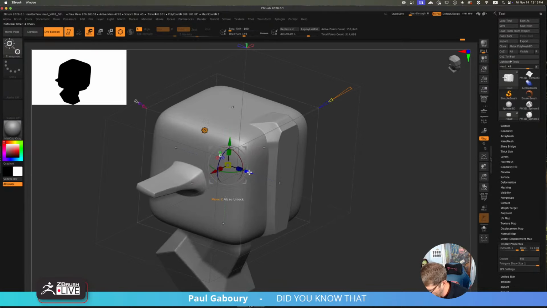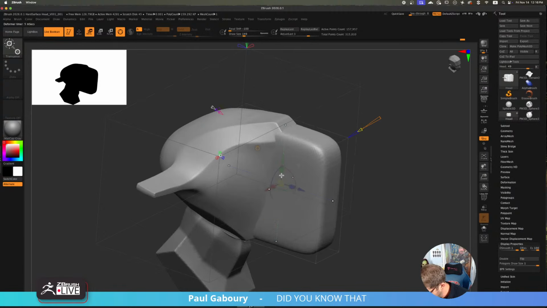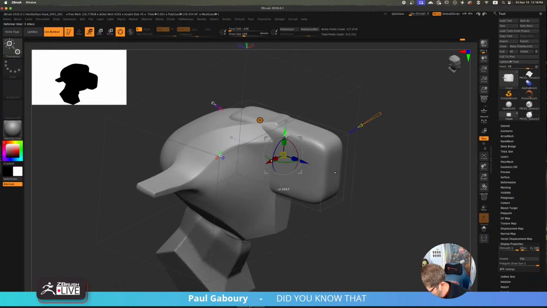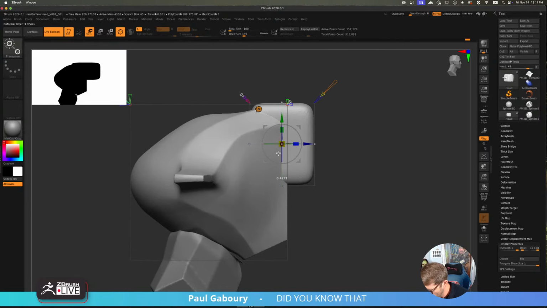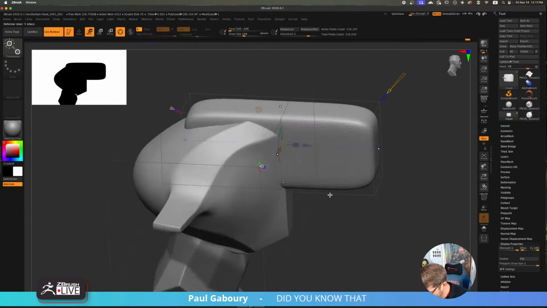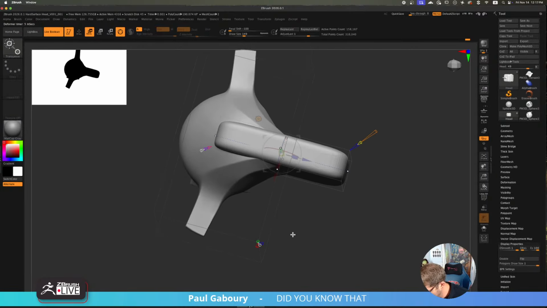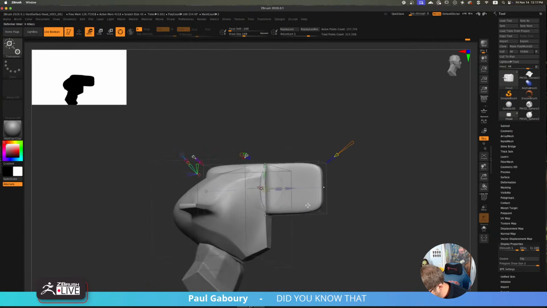As I try to figure out what the heck am I making for this guy. Now it looks like a VR headset. What's the taper going to look like? What if I started tapering it?